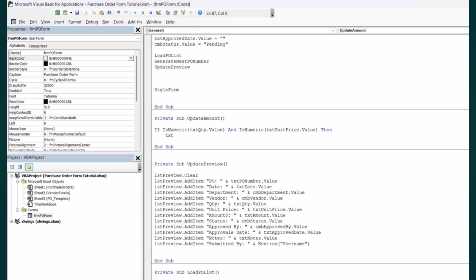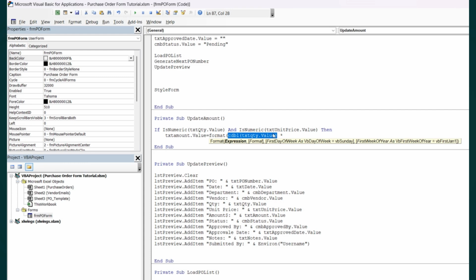Then txtAmount.Value equals Format(CDbl(txtQty.Value) multiplied